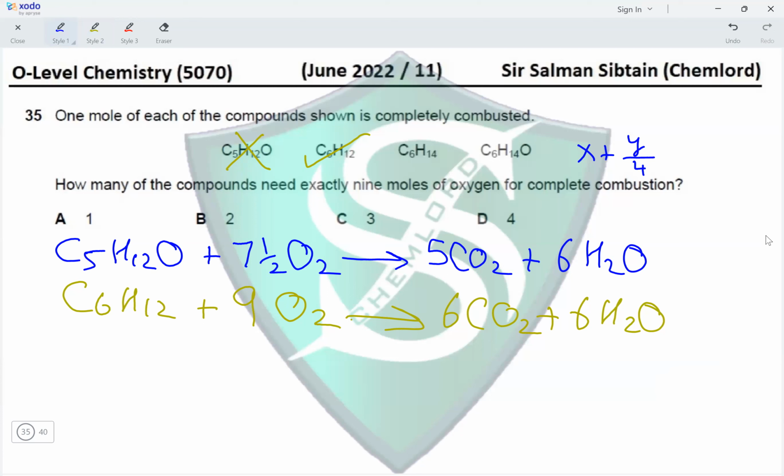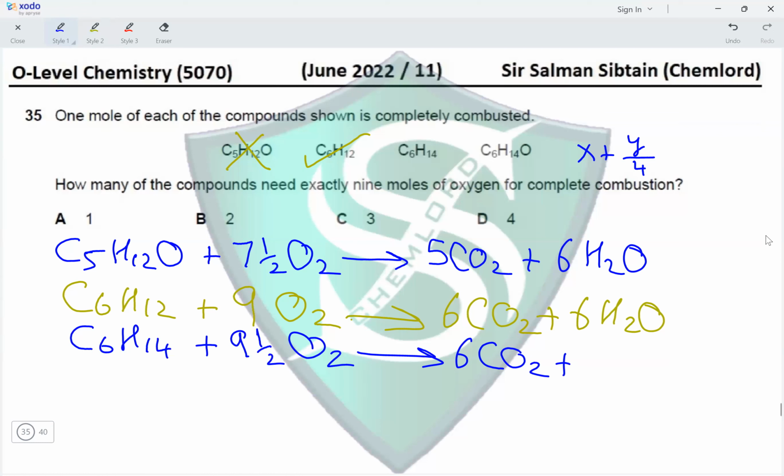Next, C6H14, another alkane. C6H14, also a hydrocarbon. So 6 plus 14 upon 4. Now 14 upon 4 will give us a value of 3.5. So 6 plus 3.5 is 9.5 O2. So this will give us 6 CO2 and 14 upon 2 is 7 H2O. So the moles of oxygen is 9.5 and not 9. So this is incorrect. Let's look at the last option,